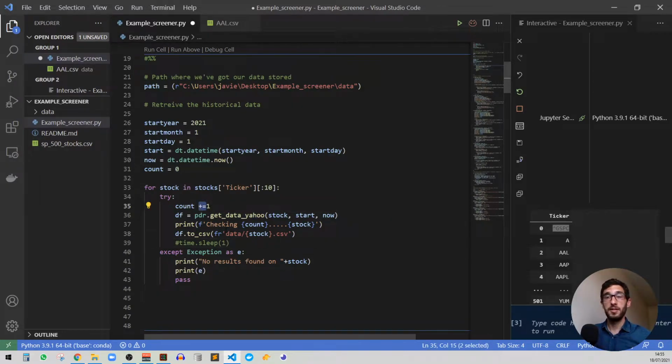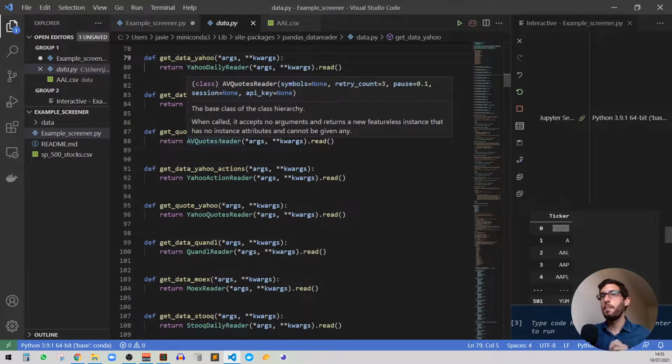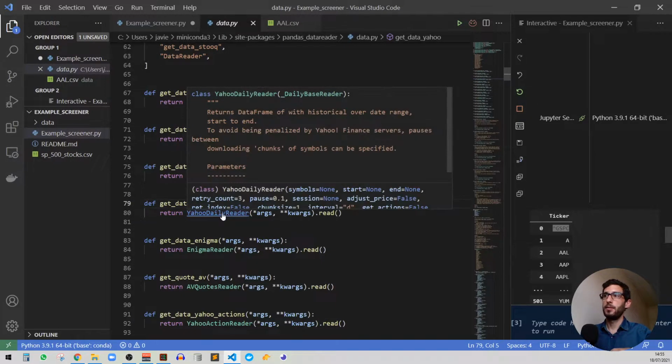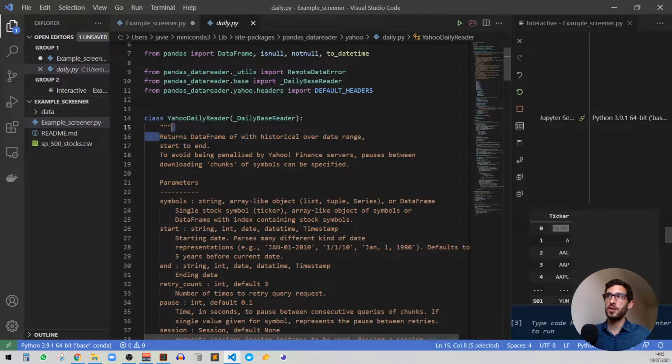This count is important because Pandas data reader can bring you data from many different sources, as you can see here. The one we are going to use today is Yahoo Daily Reader, and if we go deep into this, they say that it returns a data frame with historical data over the range that we define, start to end. And that's the important thing: to avoid being penalized by Yahoo Finance servers, pauses can be established. Basically, do not overload the API. Data for this particular case is free, but we don't want to overload the service